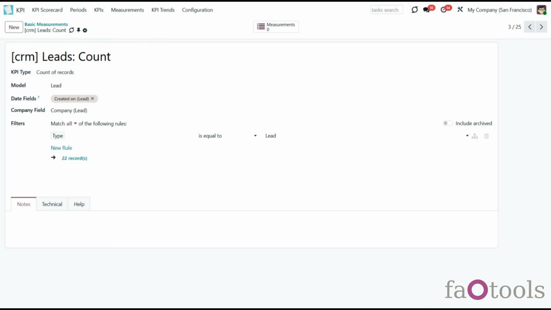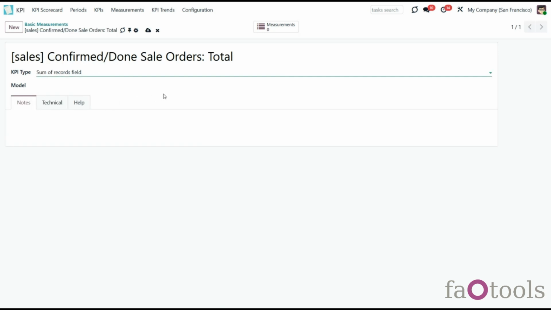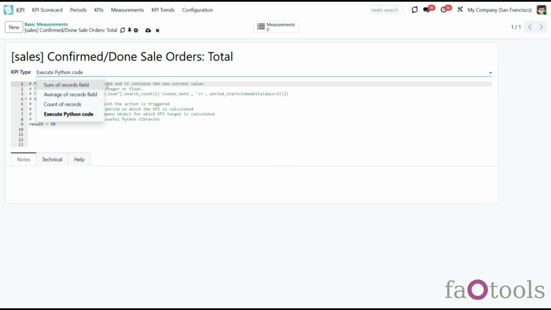Choose the KPI type Average of Records field, for example, Tasks Average Allocated Hours or Opportunities Average of Sale Orders. Choose the KPI type Execute in Python code to compute any set of figures based on any Odoo data. This type requires technical knowledge, and in our case we need to choose the KPI type Sum of Records field,